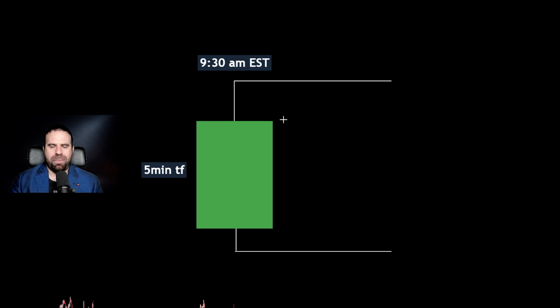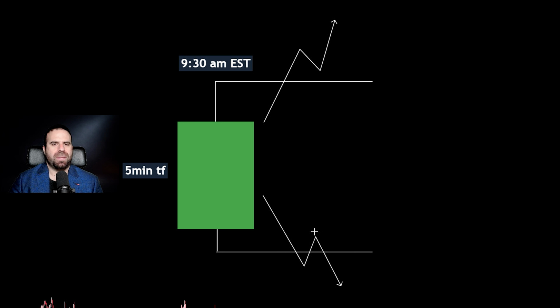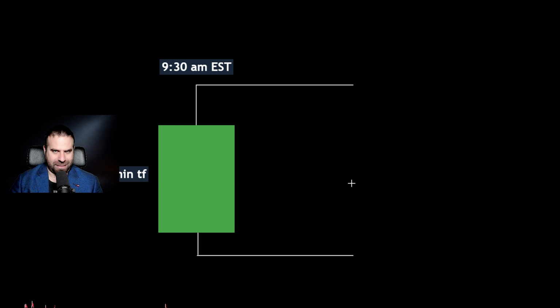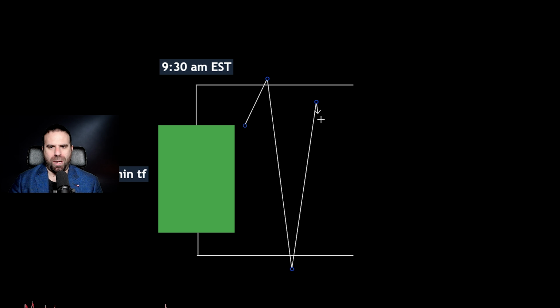A clear break means a break with a body, closing with a body of a 5-minute candlestick either above this 5-minute candlestick or below this 5-minute candlestick. Let's take the scenario that it breaks above the 5-minute candlestick. You don't care about bias at all. If it wicks above, you don't do anything. If it wicks below, you don't do anything. But if we break with the body above, then you know that you will be taking a trade towards the